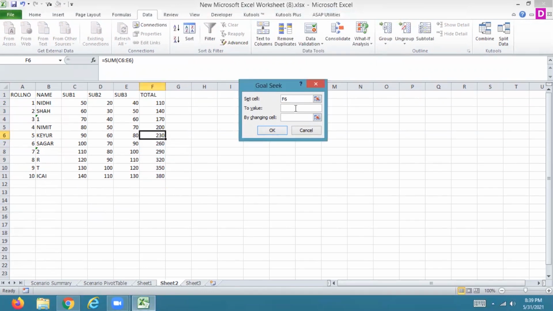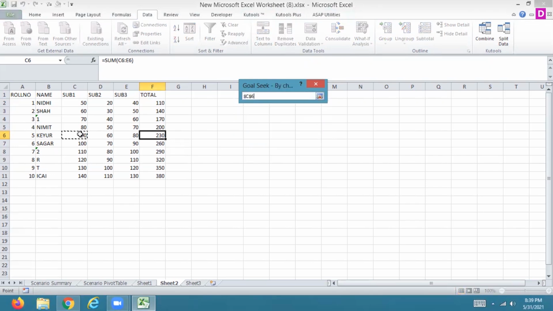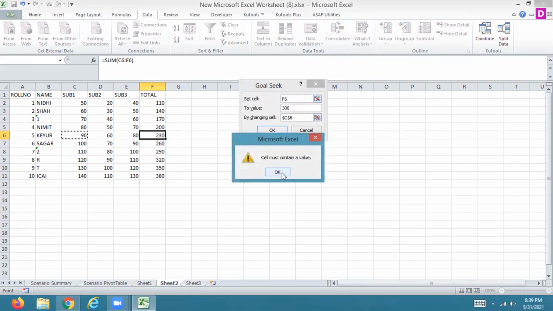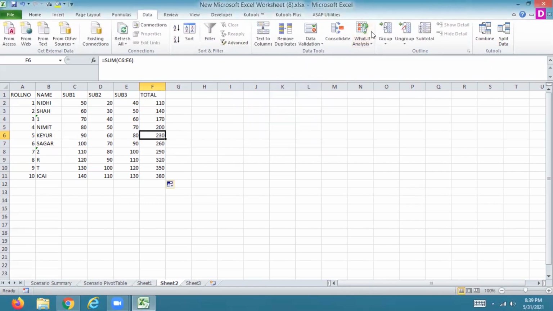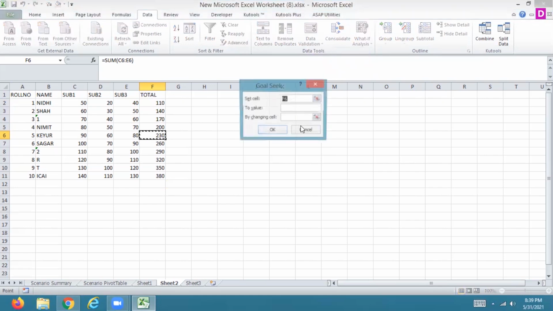Set this value to particularly 300 by changing, say, the Subject 1 or Subject 2 value. You can get this value on the basis of a cell that must contain the formula. For example, F6 contains the formula. By changing this cell value, you can see here What-If Analysis, Goal Seek, set this value